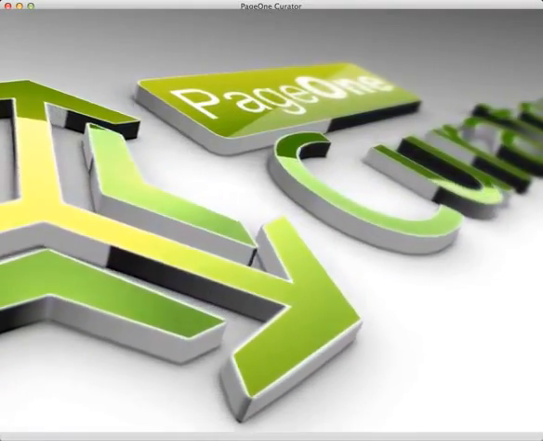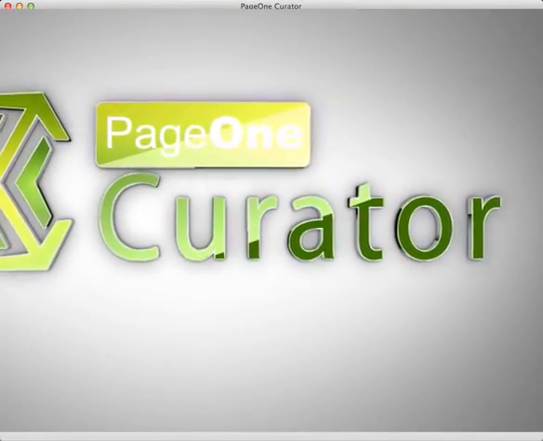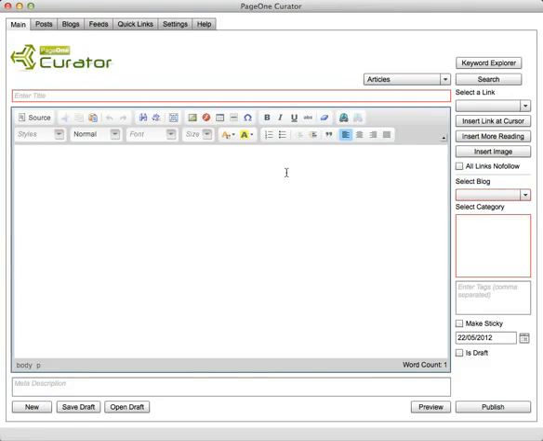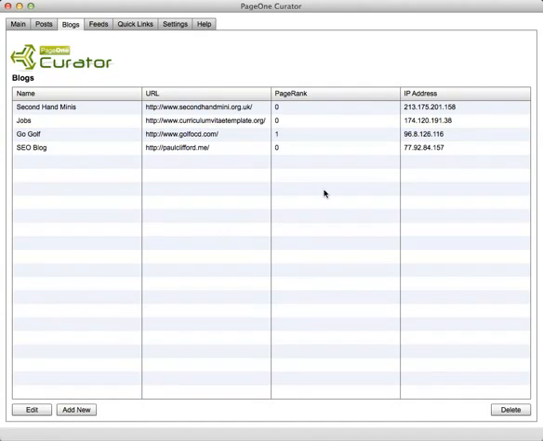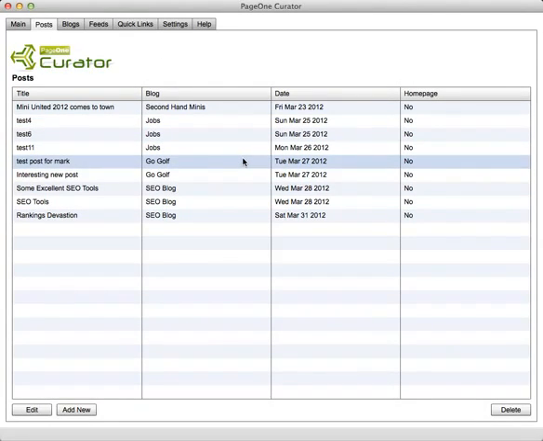So within PageOne Curator, you start off in the editor window, and this is a very rich text editing window that offers a whole variety of options to stylize your text and ensure that it's dynamic and captures the eye. And then what you can do is set up your blogs, your complete blog empire in the tool, so that you can remotely post to any of your blogs at any one time, and all the posts that you make are also tracked so that you can keep an eye on them, and indeed you can even re-edit them from